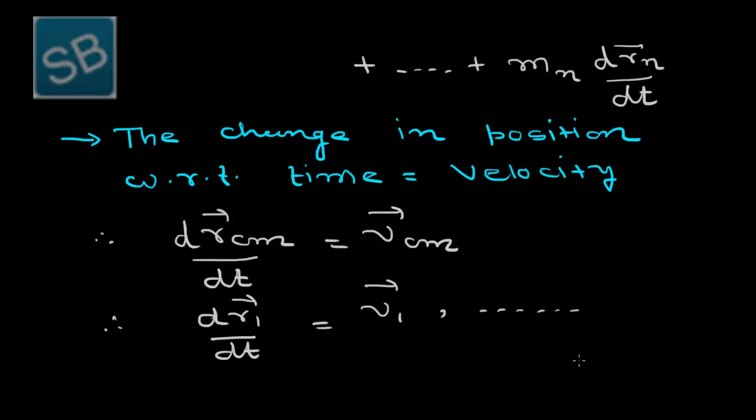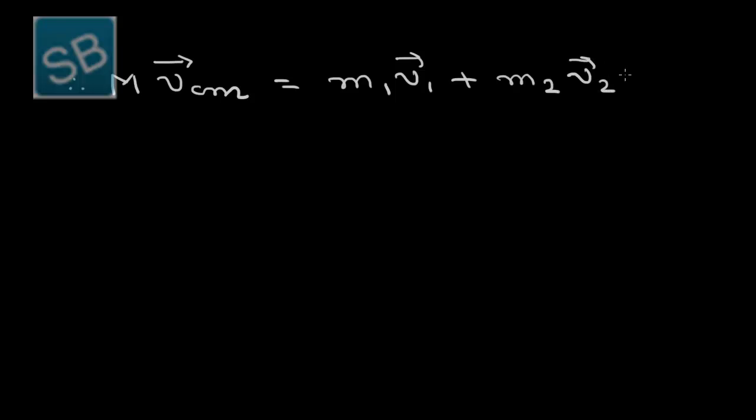You can write down up to dRn by dt as Vn. So the equation will become capital M V_CM vector is equal to M1 V1 vector plus M2 V2 vector plus so on, Mn Vn vector. But if you remember the definition of momentum,